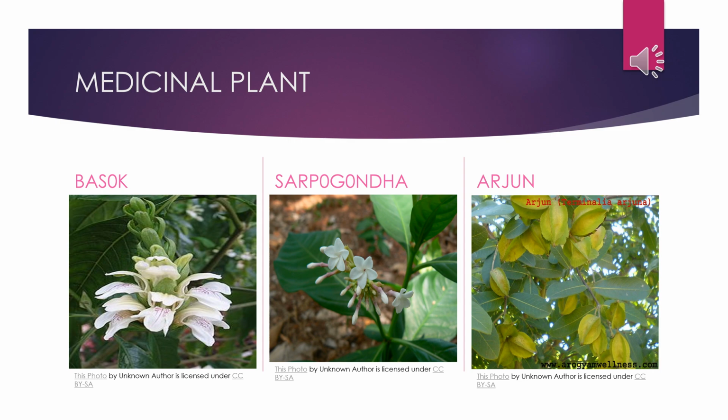Here in the left side picture we see the flowers of Bashok. It is mostly used in curing diphtheria. Taking juice of Bashok leaf, mixing it with ginger juice and honey in equal portions is very effective.